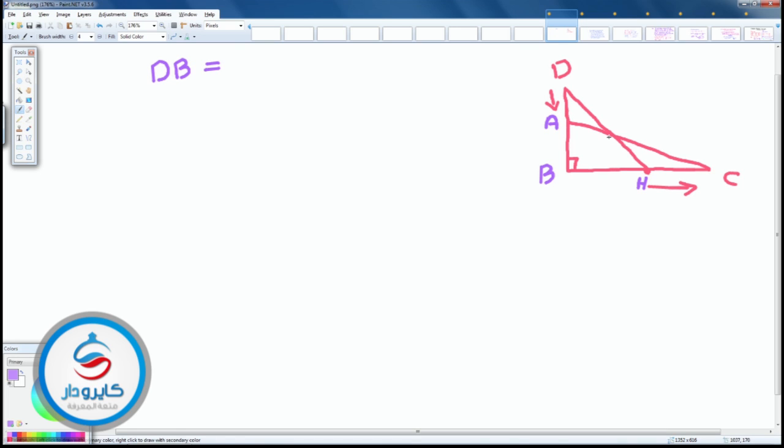By the way, we can assume that this part increases or decreases, that means one of them will be increasing and the other decreasing according to the direction of motion of the third side. So let's say that now DB equals 12 centimeters plus 2t. This is the part that will be increased,